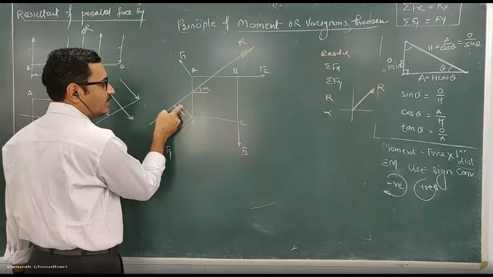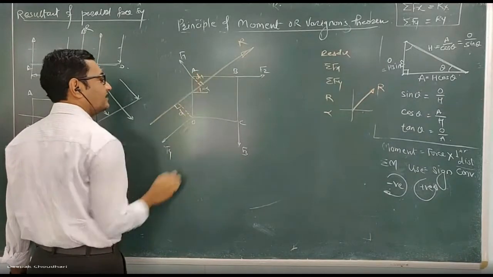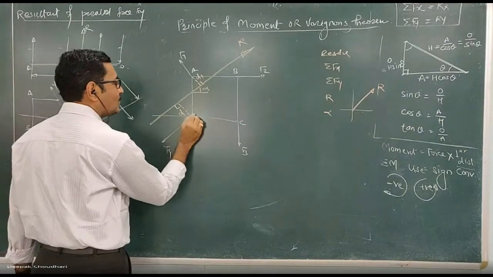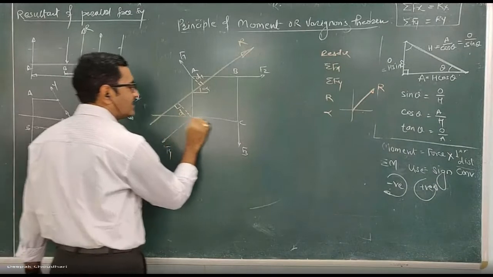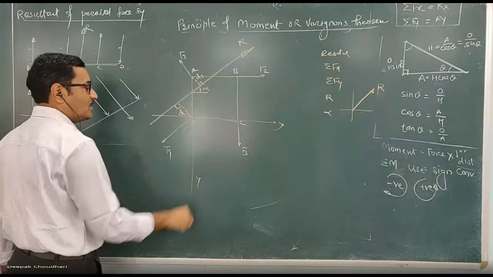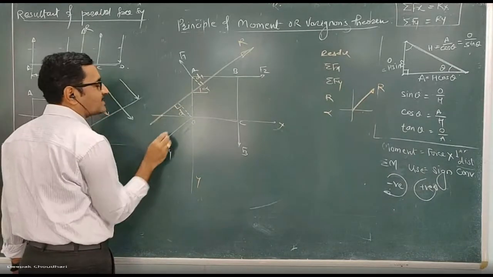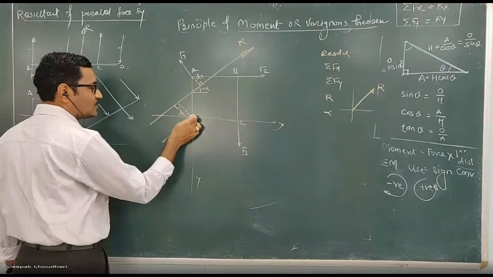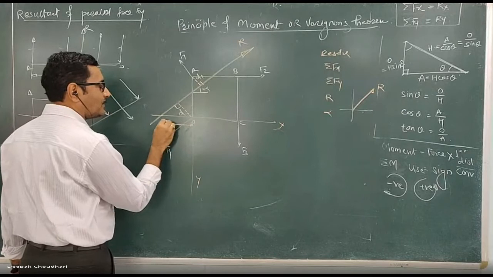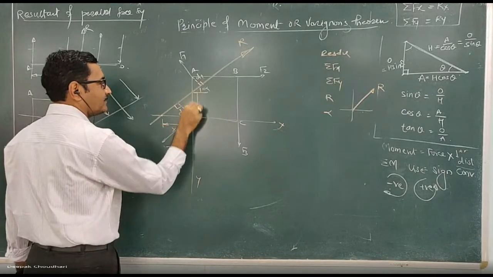If they ask from O, we will calculate this distance D; if they ask from A, we will calculate this distance D1. Here, or with respect to A, sometimes it is also asked with respect to O. Let's consider this as a horizontal x-axis, and this as a vertical y-axis. So sometimes instead of asking this perpendicular distance, it is asked to find out the point of intersection of the resultant with the x-axis with respect to O. Means it is asked to find out the x-intercept of the resultant. This is the x-intercept. This is the y-intercept.